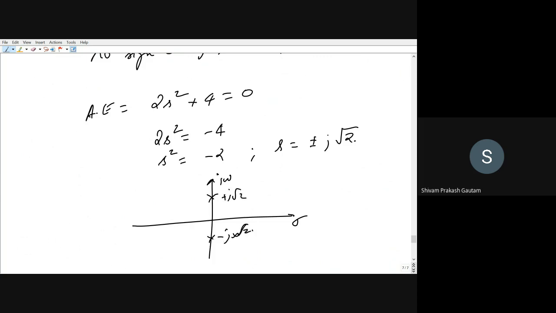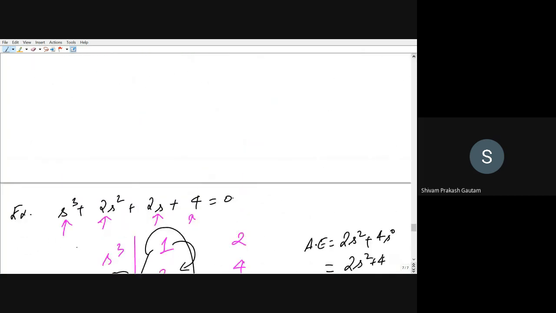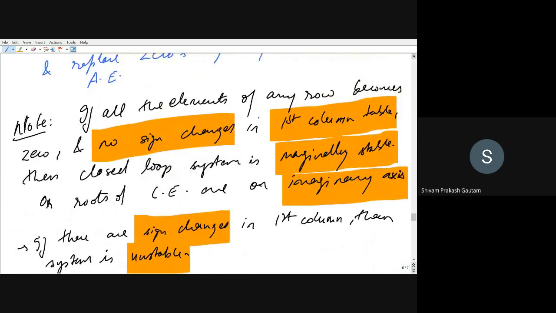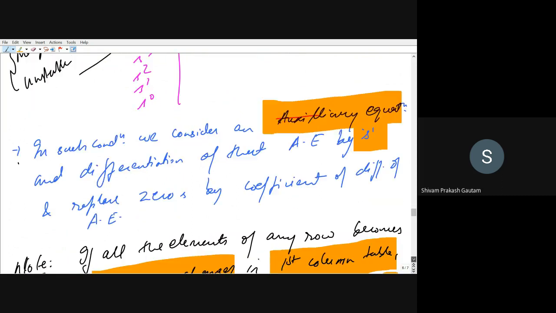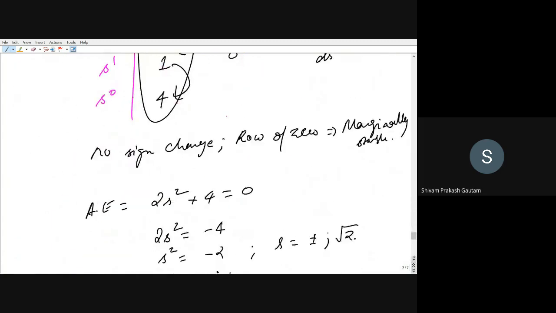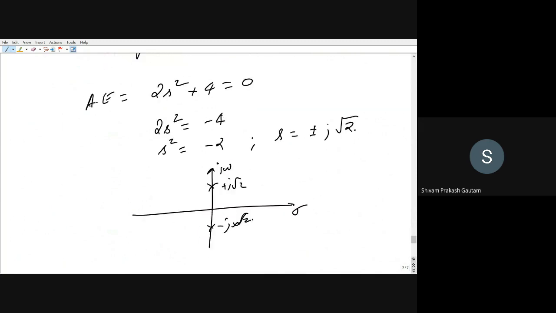So these are the two special conditions in the Routh-Hurwitz, or Routh's table. First condition is that one term is becoming 0, and second condition is that the whole row is becoming 0. When the whole row has become 0, there can be only two conditions. Either the system can be marginally stable or unstable. Marginally stable when there are no sign changes in the first column. Unstable when there are sign changes in the first column. If the system is marginally stable, that means the system is oscillating with a certain frequency. And in that case, you can calculate the frequency of oscillation by equating the auxiliary equation equal to 0. And you can also find out the location of poles.